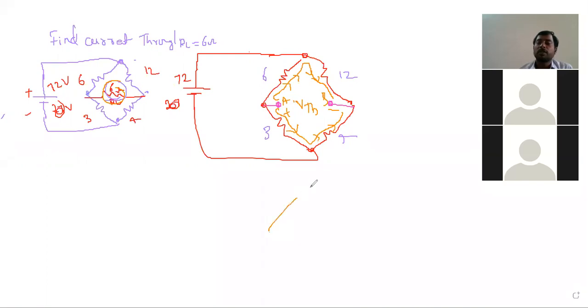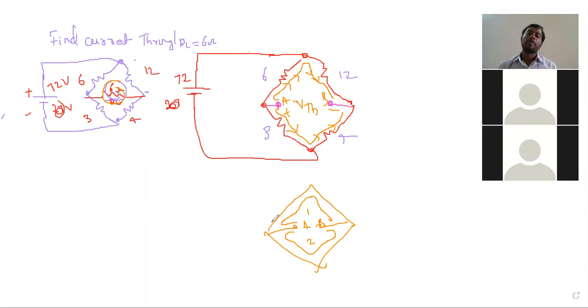Which means the circuit will be like this. This is A and this is B. To move from A to B, this is one path and this is another path, the second one. So you can proceed in any one manner. If you proceed in both manners, that will be a waste of time, because if you get VThevenin as 10 volts in the first manner, in the second manner also VThevenin will be 10 volts only. Let us check how it will be, and let me clean this one.